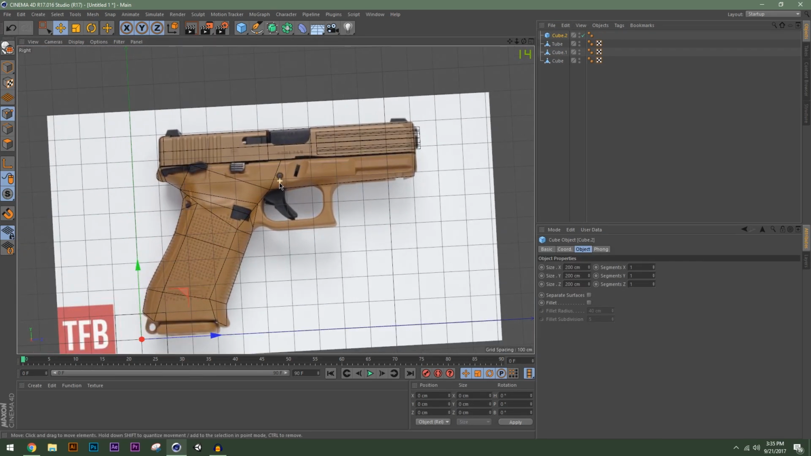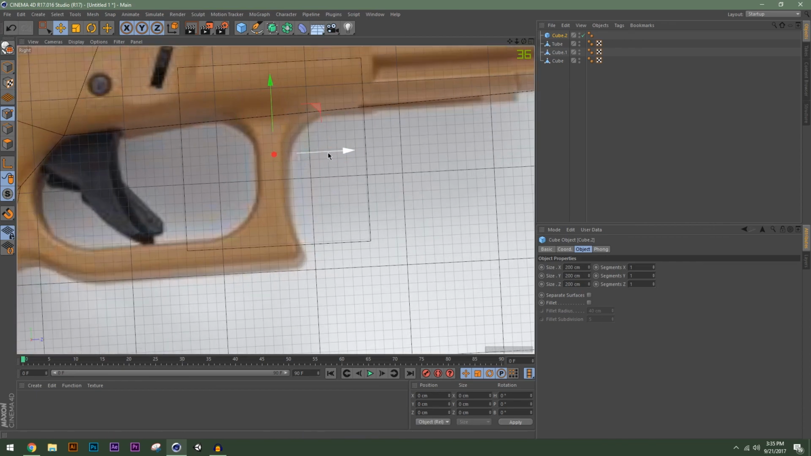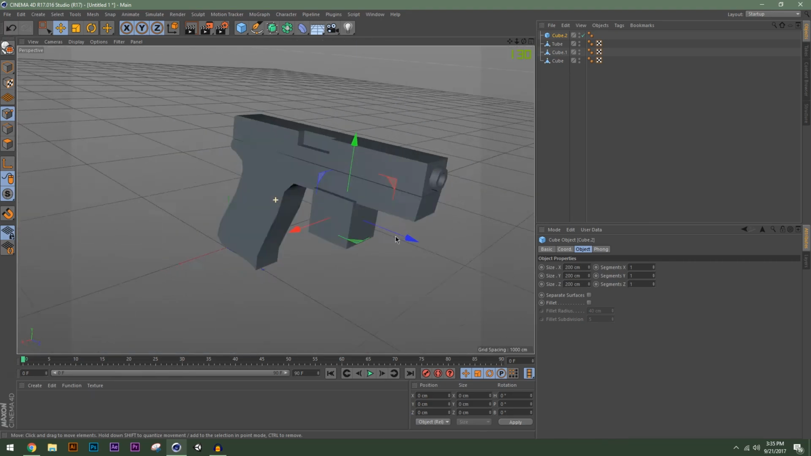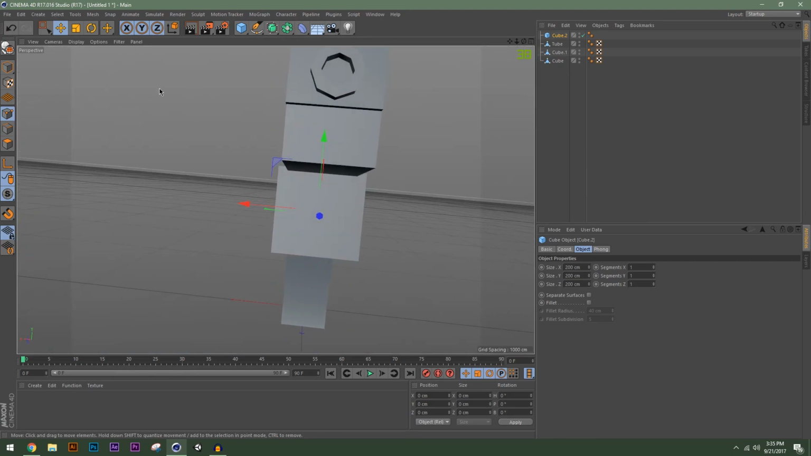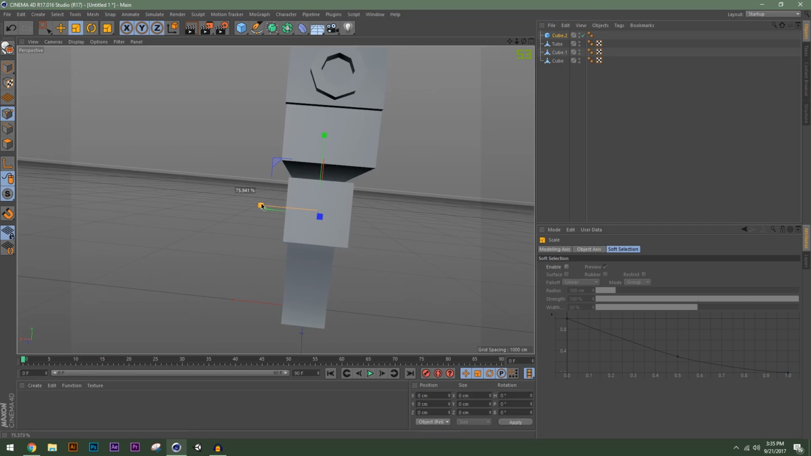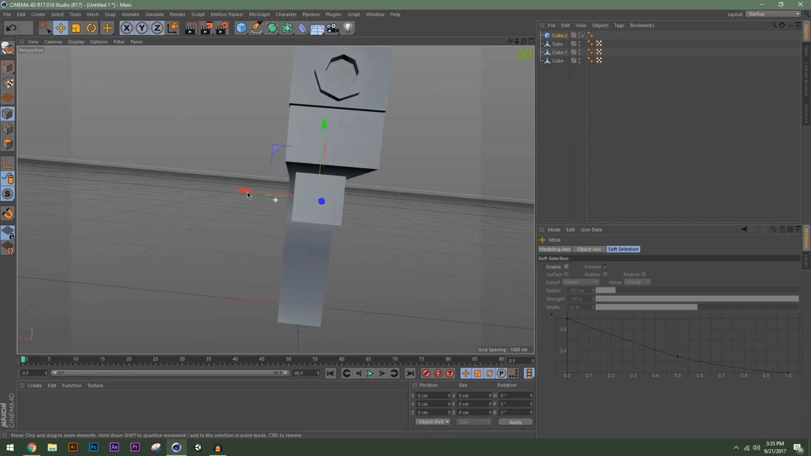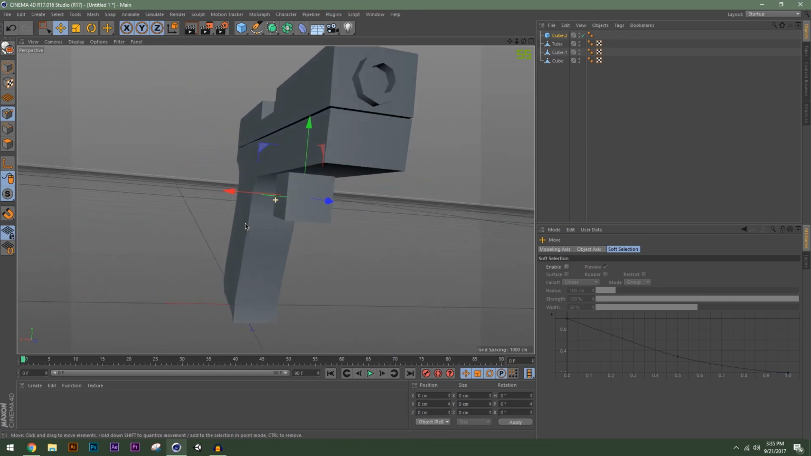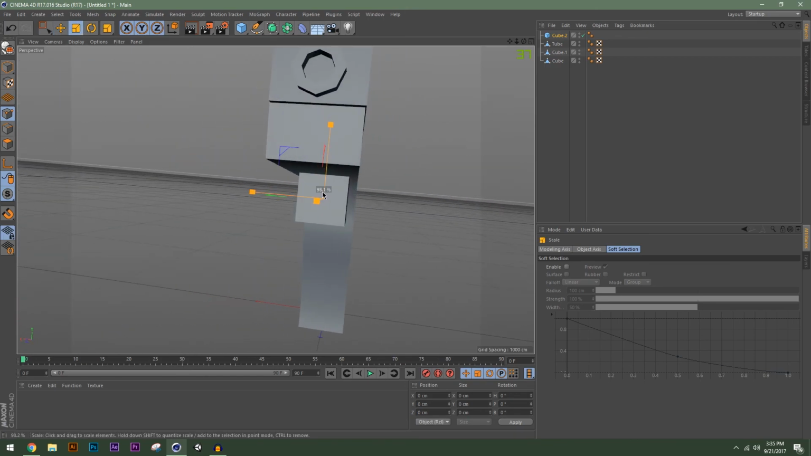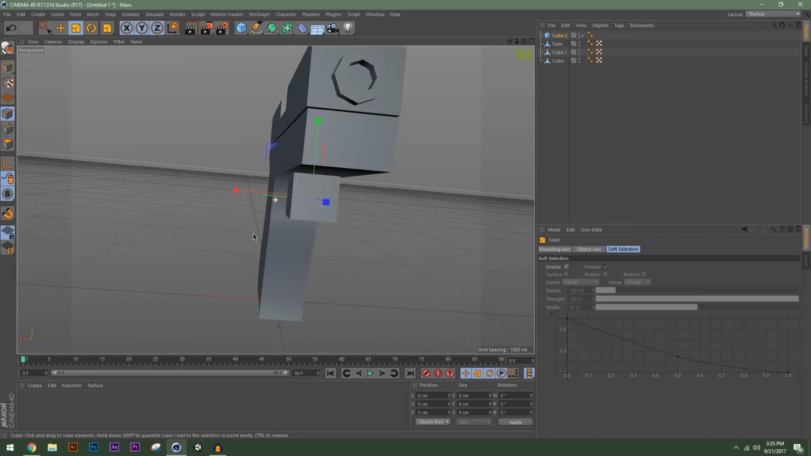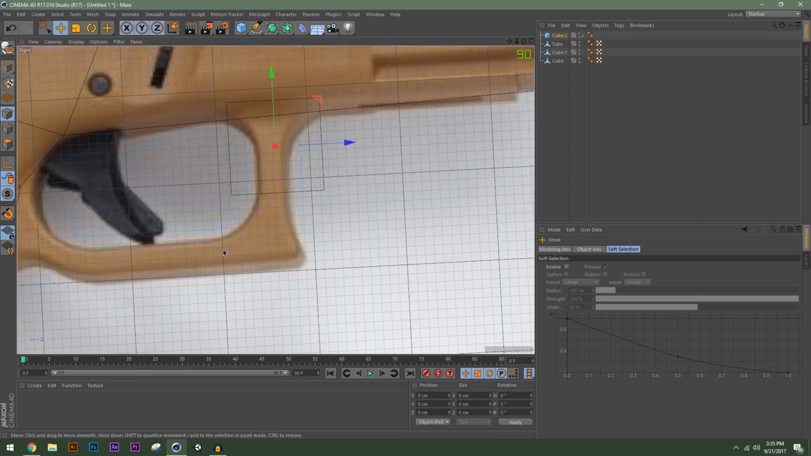So let's make a new cube. Bring it up to around where the start of the trigger guard is. And the trigger guard is going to be smaller than the bottom part of the gun, but not too small. But not as small as the trigger. Probably smaller than that. Alright, so